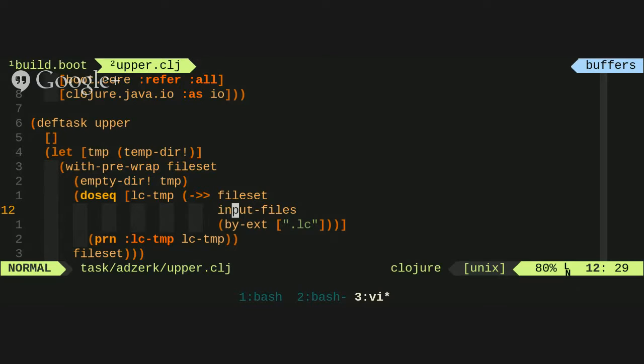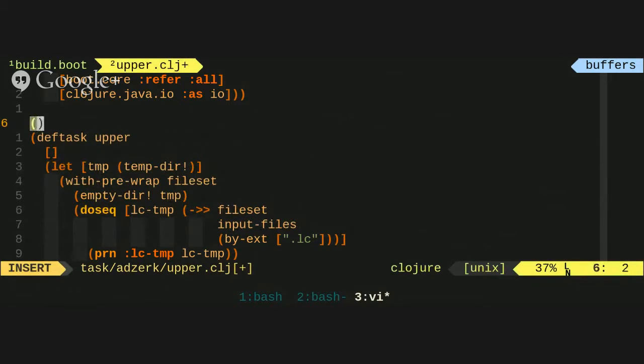So we use this input files function to get them. This function just gets the ones with the .lc file extension. Then we loop over them doing a side effect. So instead of that side effect, we could actually have